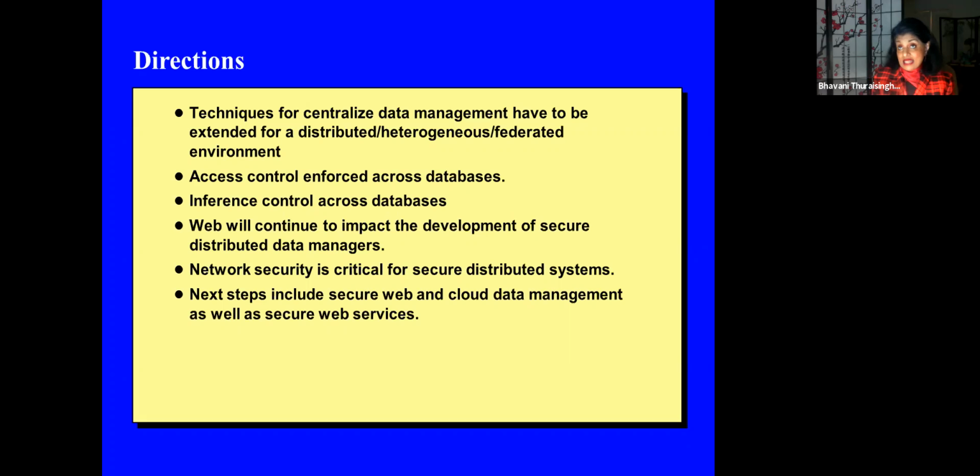Of course, next steps, and we are already there today because this was in the 1990s, is the secure web. That was in the late 1990s and the early 2000s and continuing today. Of course, now we have cloud data management and security, and I talked about that. So we've done a lot of work on secure web data management, secure cloud data management, and secure web services. In fact, I've written books on all of these topics. And now, of course, the next big thing is integrating cybersecurity and machine learning and also IoT, Internet of Things, and how do you manage all of this data. And that's where we are today.